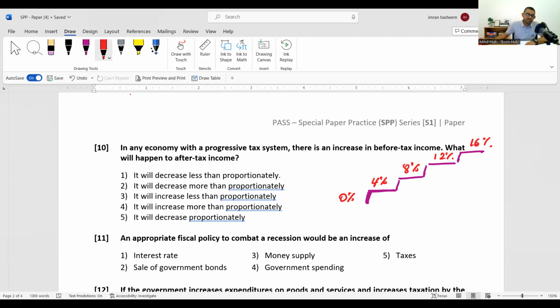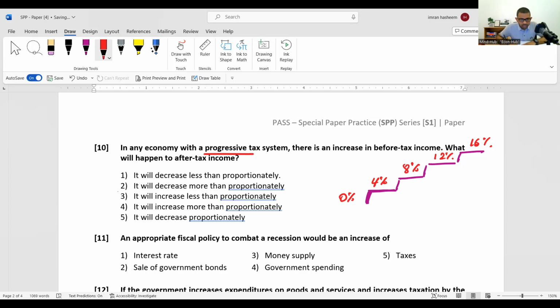So the correct answer should definitely say decrease. It cannot be an increase, right? Then the next question to ask is the increase more than proportional, less than proportional? Not proportionate, it can't be proportionate because the tax is progressive. Progressive meaning percentage increases, then the tax amount also increases. Get it? So if it's progressive, it should be more than proportionate. More than proportionate. Right? Correct answer should be number